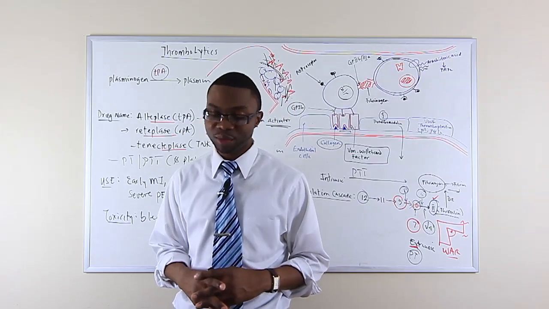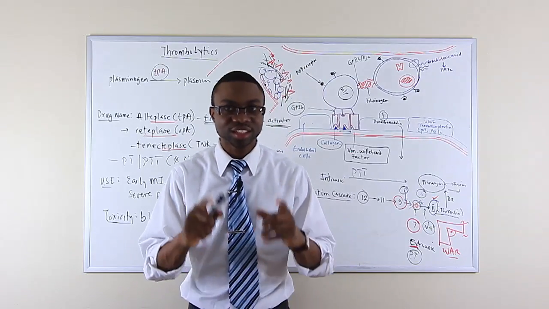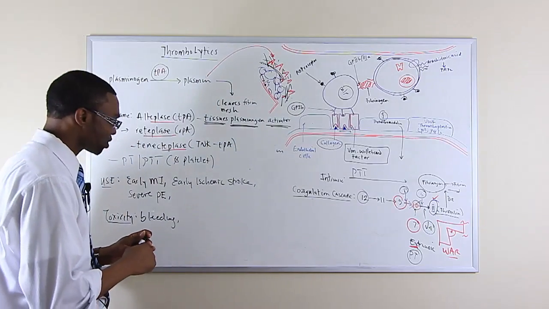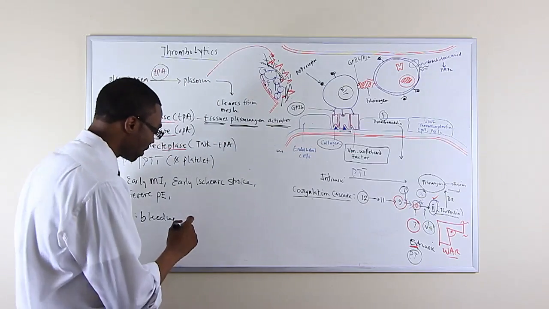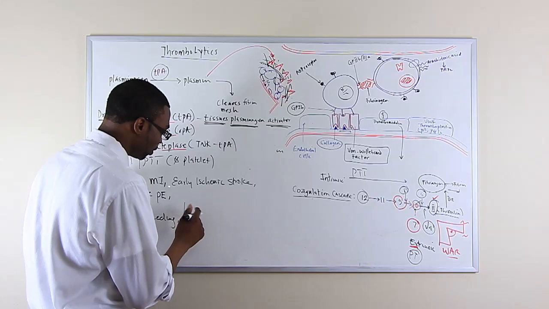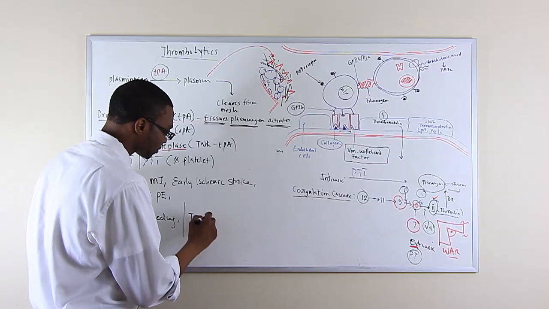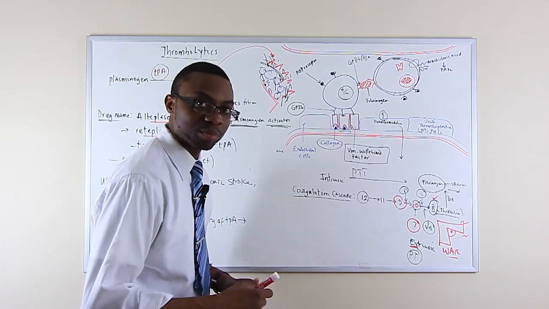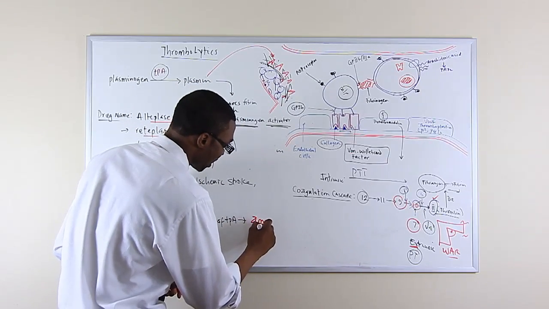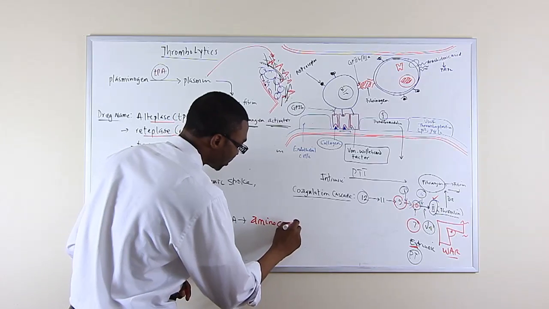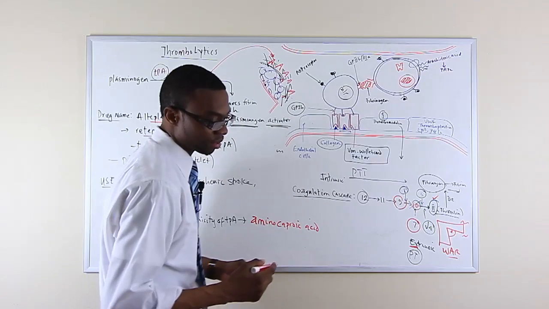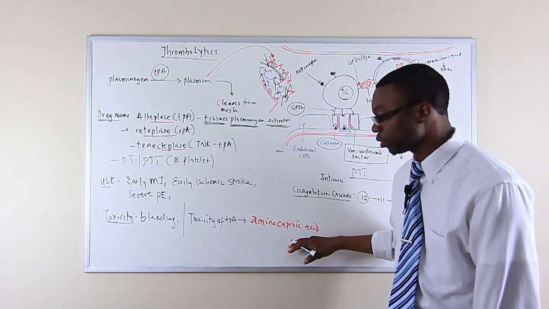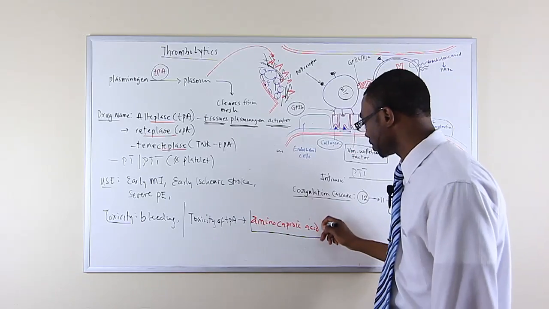Also, this is a board question that they're going to test you on, drug toxicity, and I'm going to give it away for you so you and I can smile walking away from the exam. So when they test you on overdose or toxicity of tPA, the answer is aminocaproic acid. Aminocaproic acid. All right? So it's an inhibitor of fibrinolysis. So remember this drug,